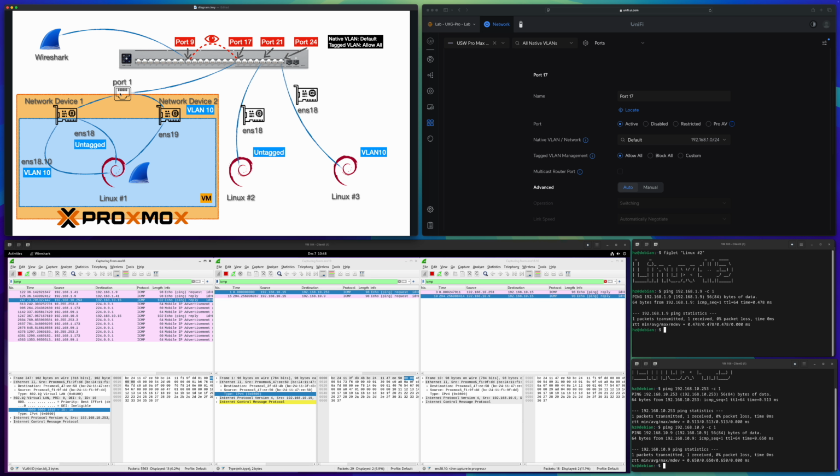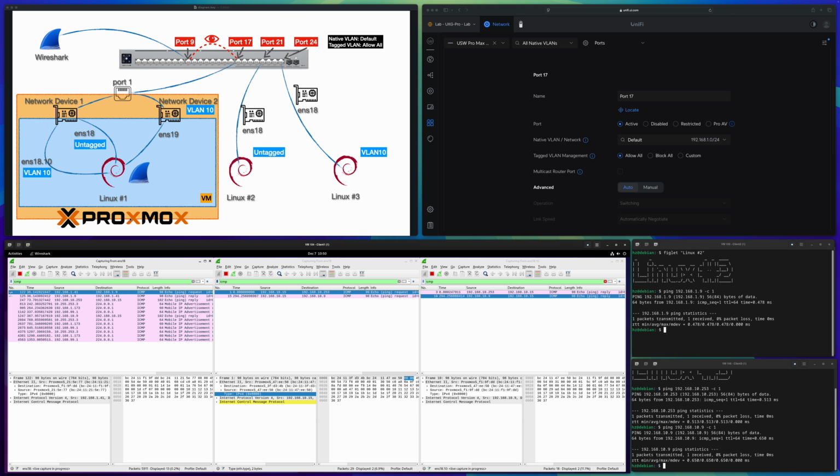That's reason number one. Reason number two, we are running Proxmox, and from Proxmox, we can set the port in promiscuous mode. We will be able to see the packets in Wireshark even though the packet is not destined to this network interface. So that's why in the three Wireshark sessions, we see different results for VLAN 10 frame. I hope it's clear. In this way, you are able to see VLAN 10 information if your network configuration is like this. But